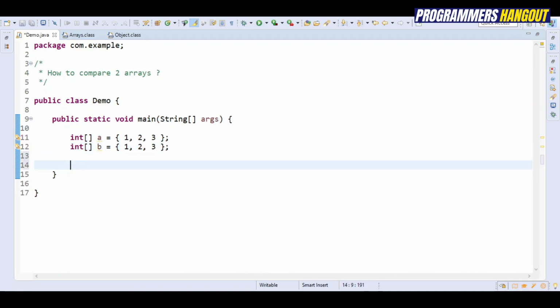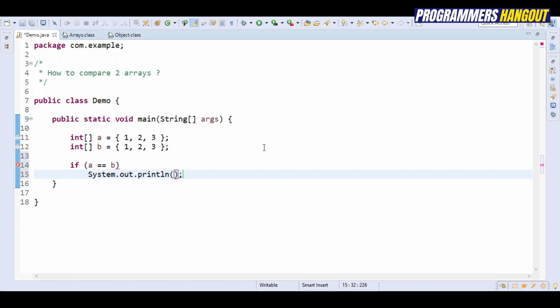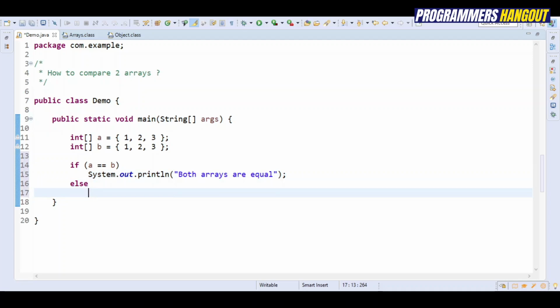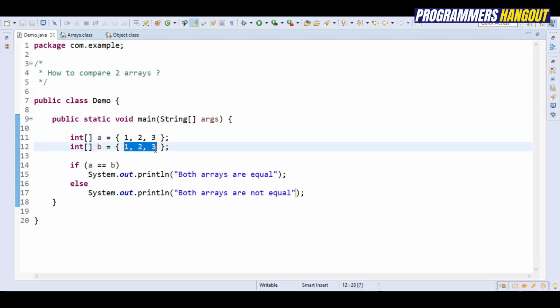I've declared two arrays A and B. I'm comparing both of them using ==. If you see, the elements of both the arrays are the same.